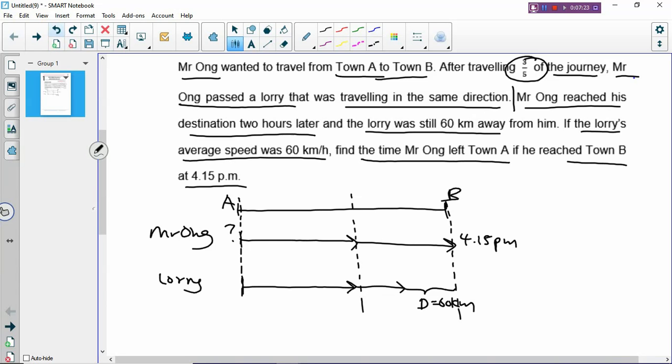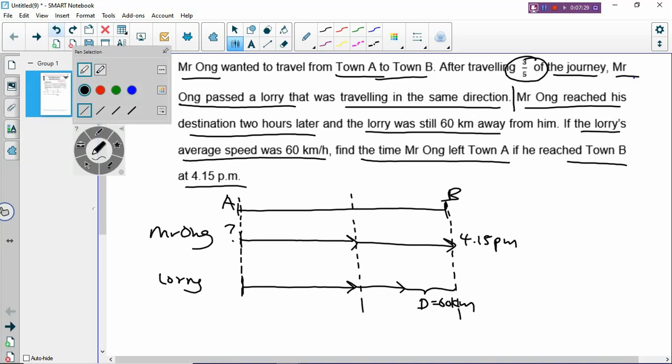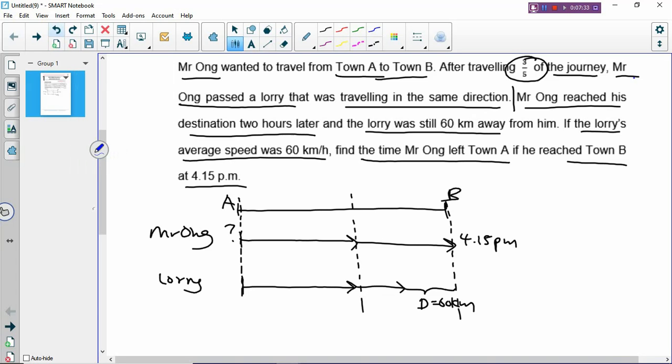So how do we put the numbers inside? How do we put the speed, the distance? How do we put inside? Alright, this is how you put inside. Now, once you have finished your drawing, you can see that in the drawing there are different parts of the